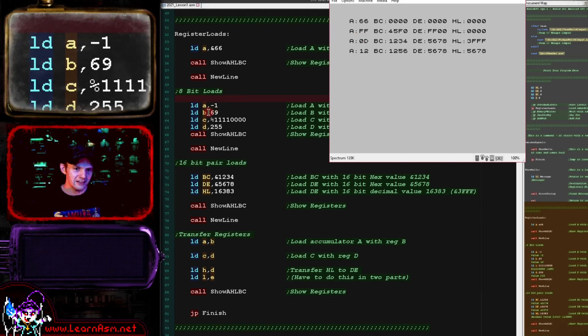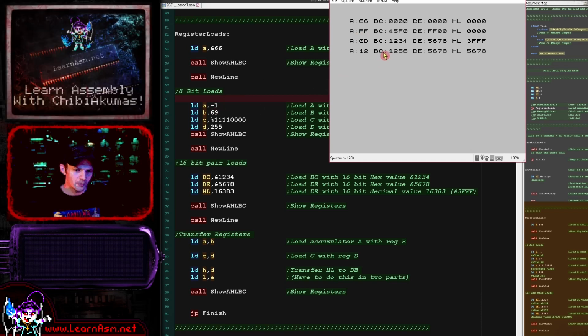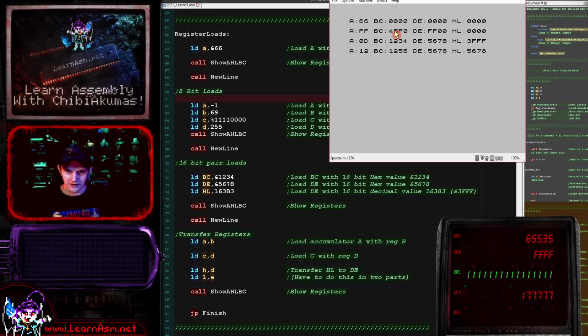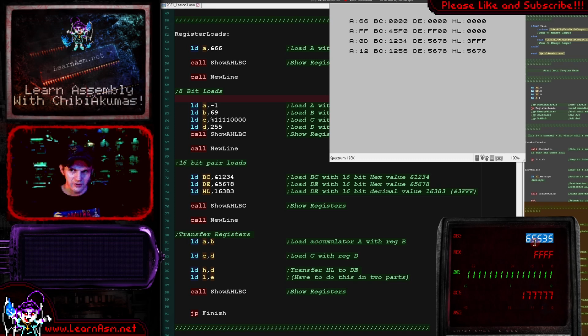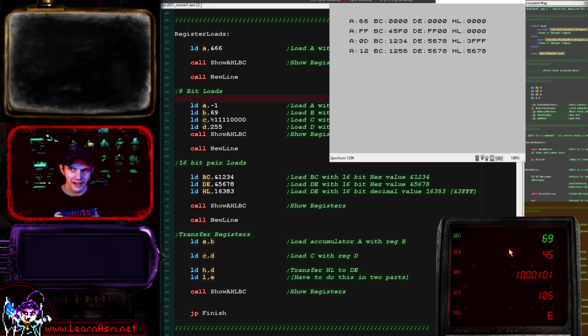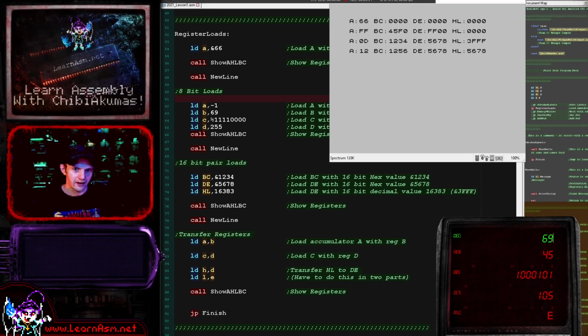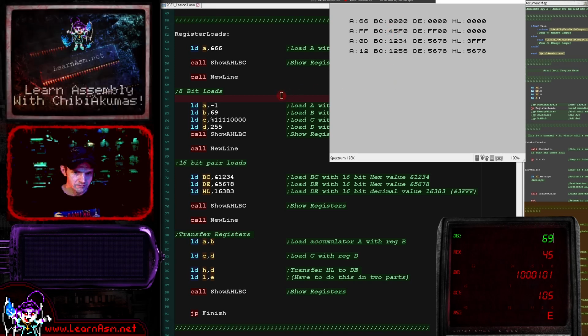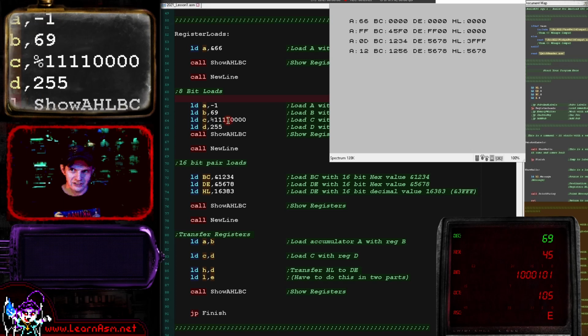Our value of 69 in decimal has come out as a value of 45. Well, is that correct? Well, let's try that out. If we go here and we type in a value of 69 here, you can see that the 69 in decimal is 45 in hexadecimal. So that looks like that has worked correctly. So that 45 is what we'd expect to see there. We've loaded our C register with